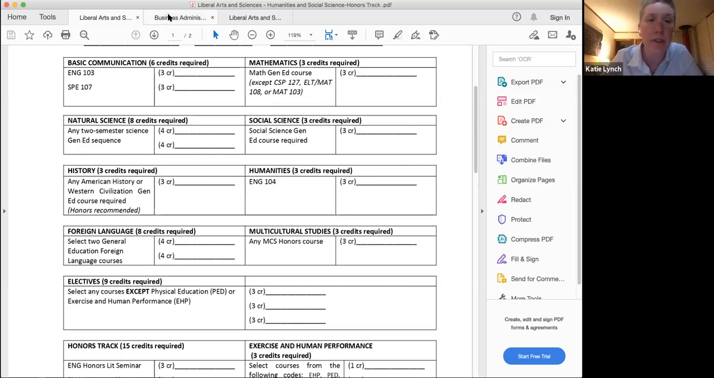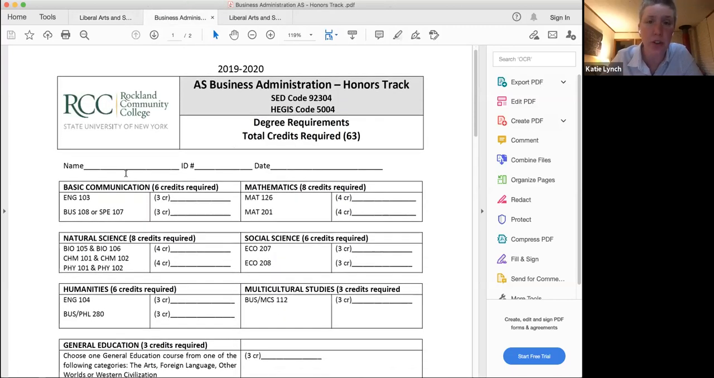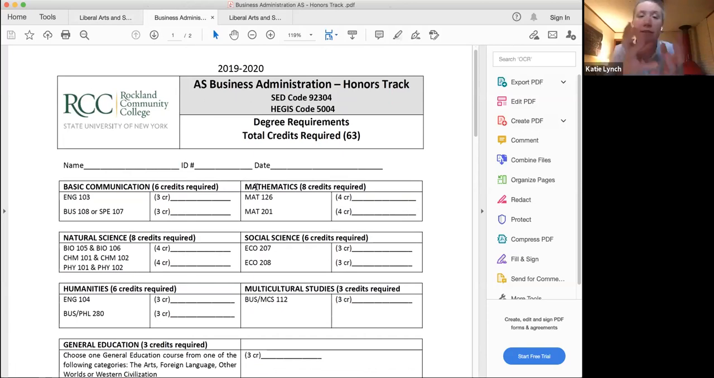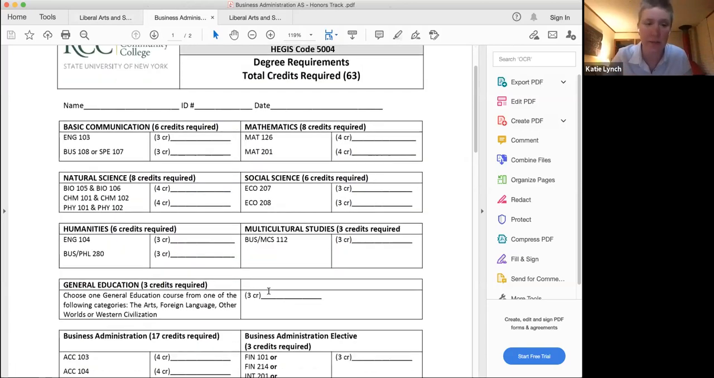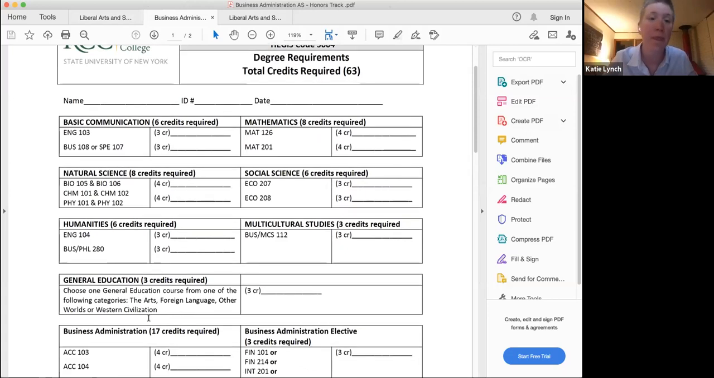Now we also have the business administration honors track. I want to show you that one. This one is the tightest honors track. It doesn't have a true elective, okay? It has one general education elective and you have to choose from one of these categories, but it doesn't have an unrestricted elective. What it does give you, though, is such a strong foundation in everything you need to succeed in an undergraduate business degree at a four-year school. So if that's your goal, to pursue an undergraduate business degree at a four-year school, this is a great track